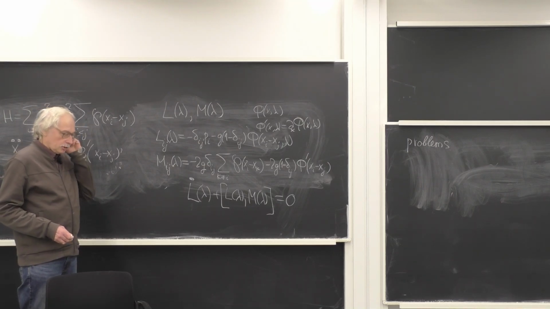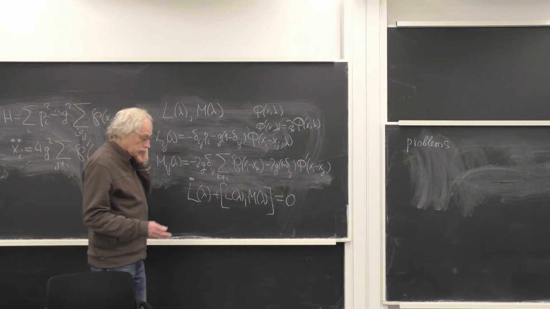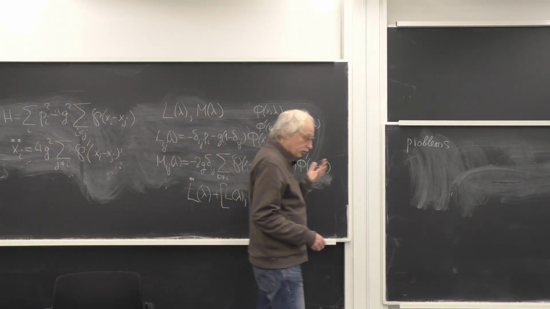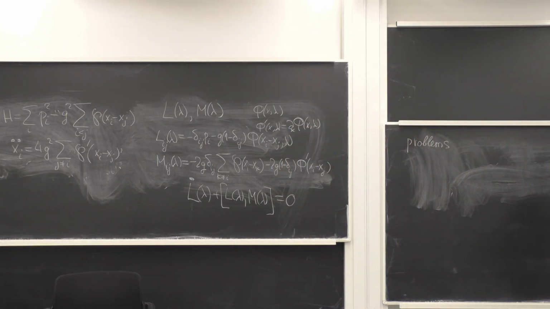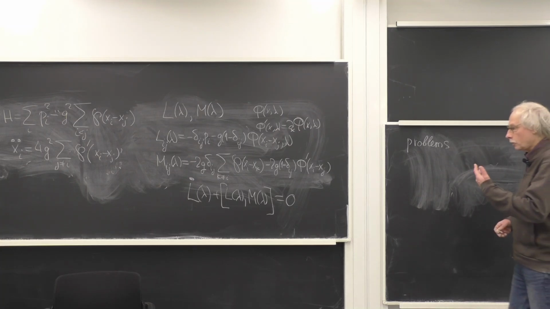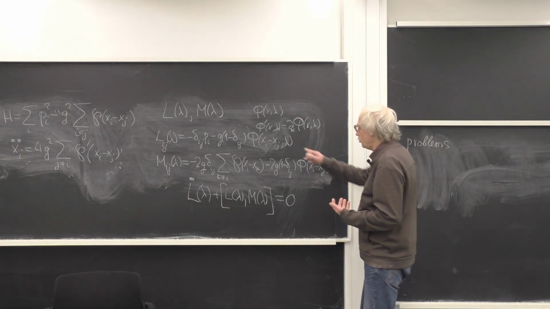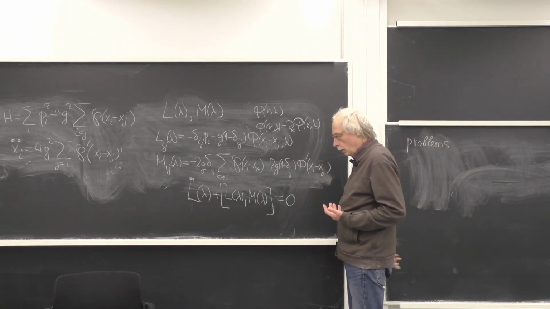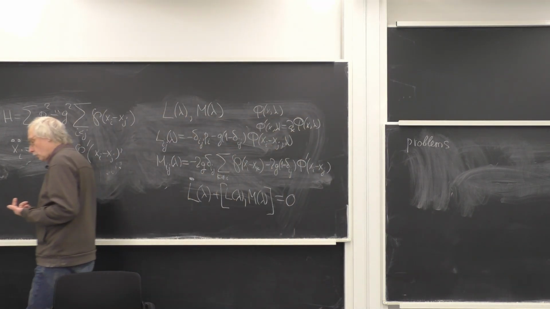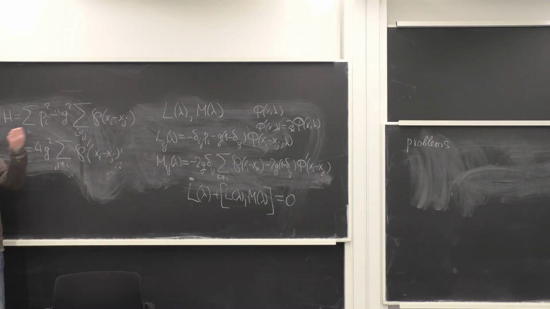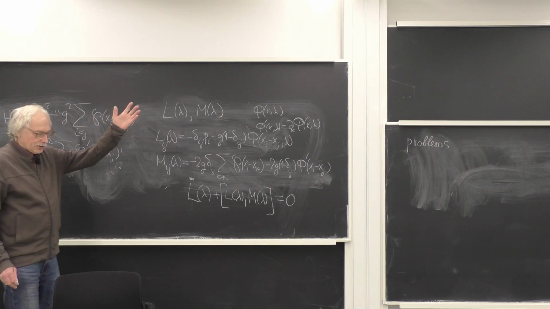This is what I told you before, that the Lax representation in the rational and trigonometric case is not unique. You can introduce an additional parameter, which is this lambda. But in the rational and trigonometric case, there is a special point in lambda when lambda equals infinity,